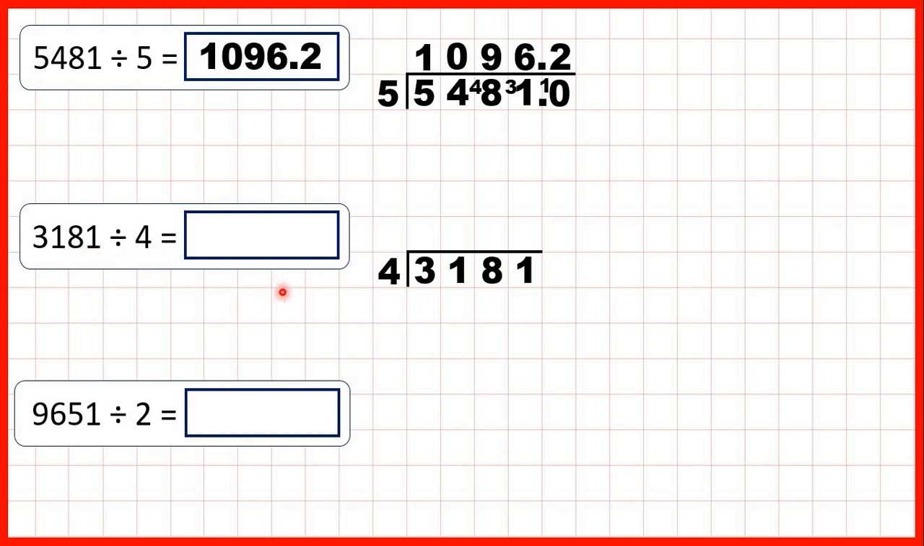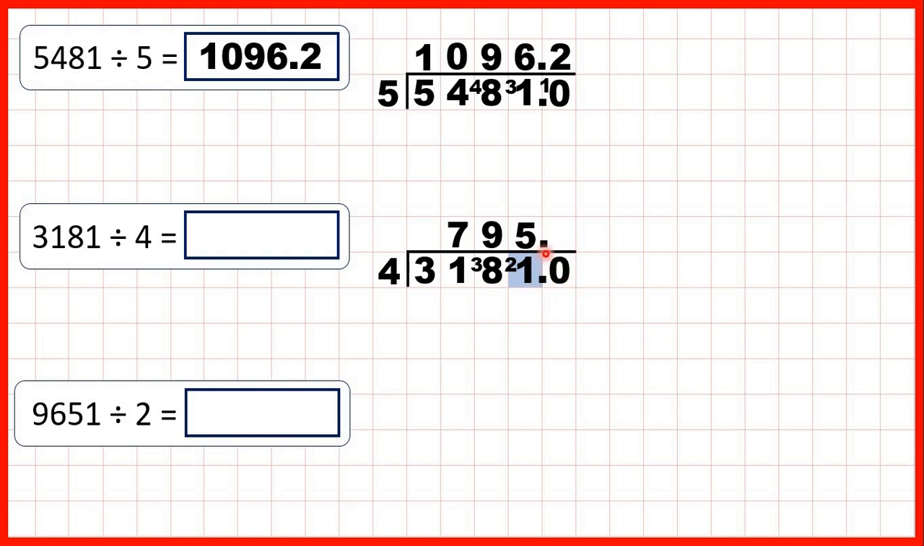Now we have 3,181 divided by 4. So because 3 is less than 4, we can take the first 2 digits together. 31 divided by 4 is 7, remainder 3. Because 7 times 4 is 28, then we need 3 more to get to 31. Now 38 divided by 4 is 9 remainder 2, because 9 times 4 is 36, then we need 2 more to get to 38. And 21 divided by 4 is 5 remainder 1,